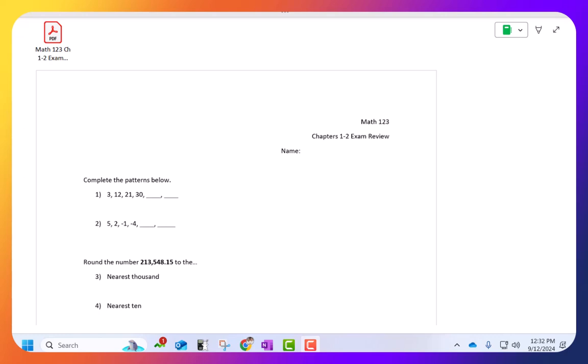Okay, as we look at our problems on our Chapter 1-2 exam review, you're going to notice the very first problem says, complete the patterns below. So you're going to notice that